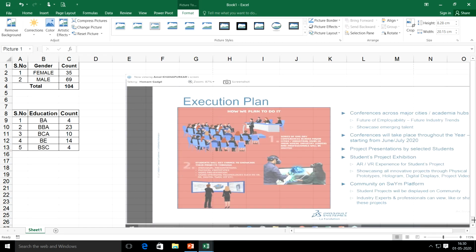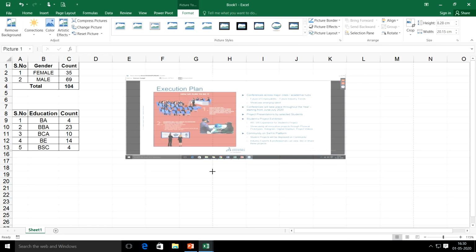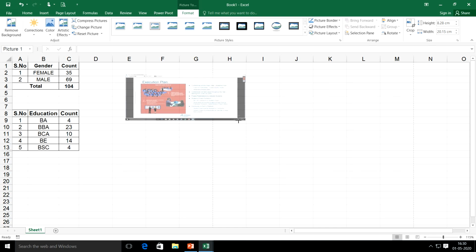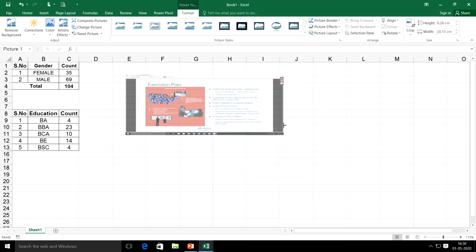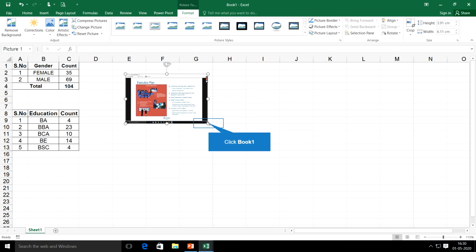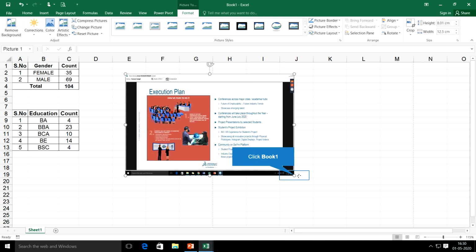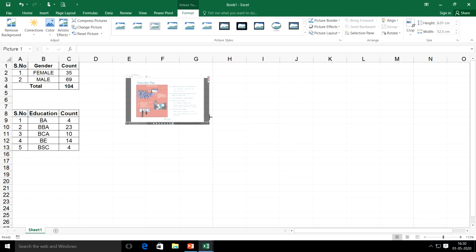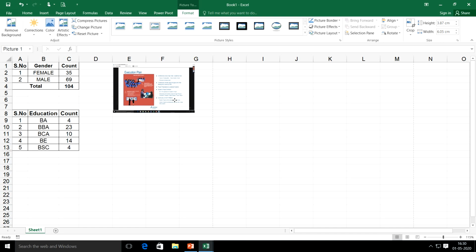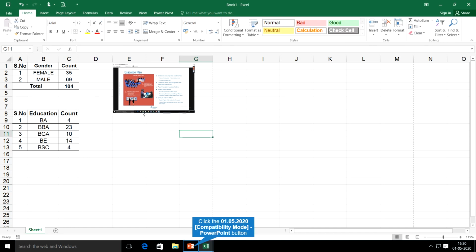You see, both horizontally and vertically, the image is getting resized. So this way you can use this picture either to enlarge or to shrink it. So this way you can insert any picture into your Excel sheet.